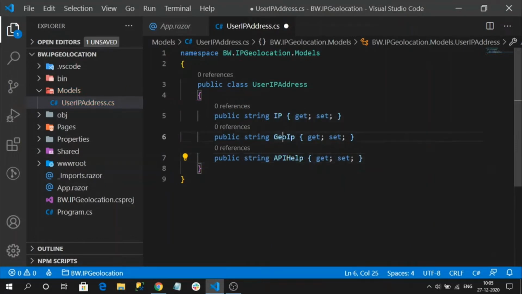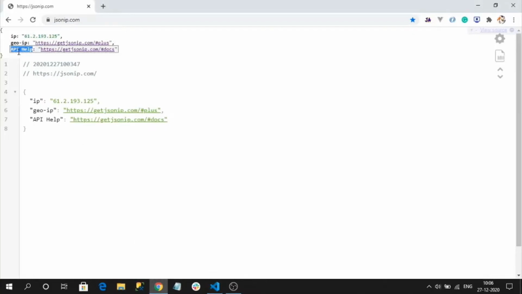But I renamed these properties in a C#-specific way, that is, the standard C# way. But on serializing the response to this model type, C# is unable to fetch the data into this model because the names are different, right?